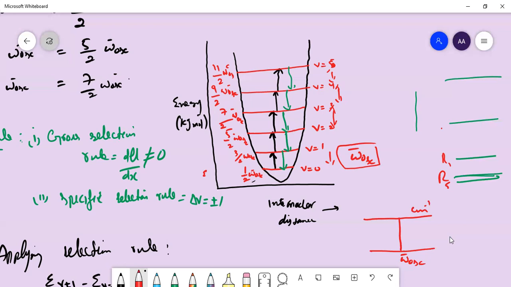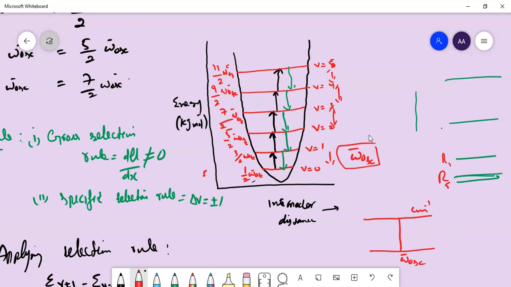So this is the difference between vibrational and rotational energy levels, and what kind of energy levels we can get for vibrational energy levels. And again, absorption will only occur when this oscillating frequency resonates with the frequency of the electromagnetic radiation. In the case of vibration, we are using infrared light. So when these two frequencies resonate with one another, absorption takes place, and the molecule undergoes a transition from one energy level to another energy level.